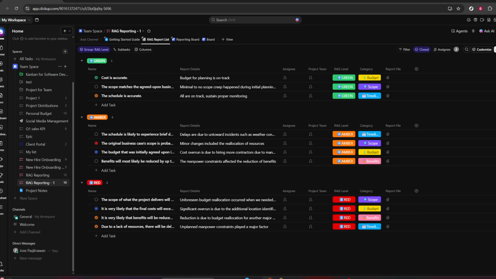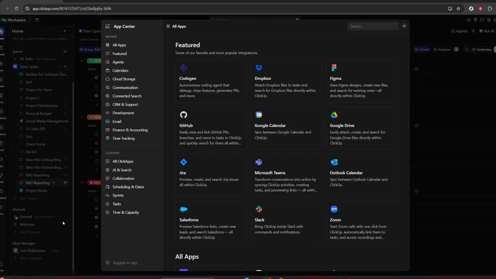Once you're in ClickUp, open the main menu and look for the option labeled More. From there, choose Apps. This is where ClickUp centralizes integrations and add-ons, so you can turn on exactly what your team needs without digging through multiple settings pages. If you don't see apps, try expanding the menu or checking that you have permission to manage integrations in this